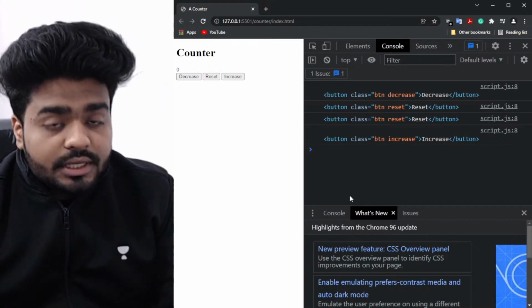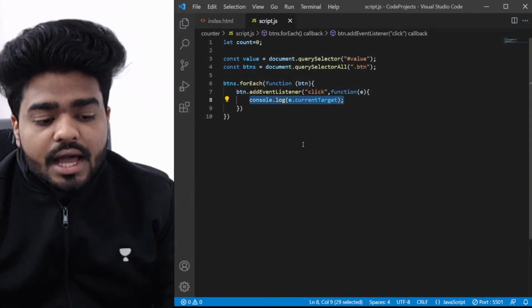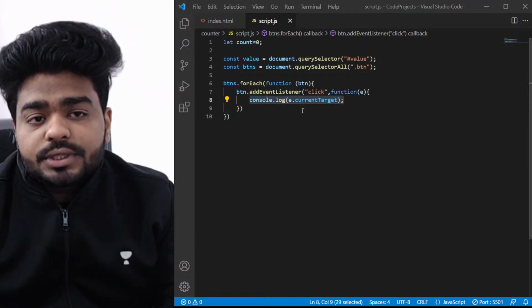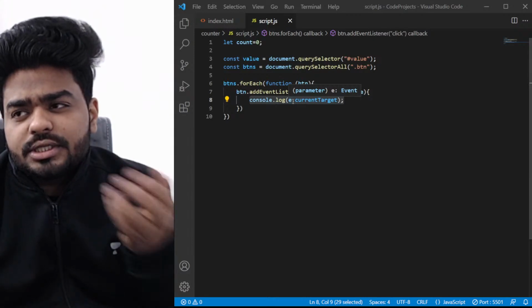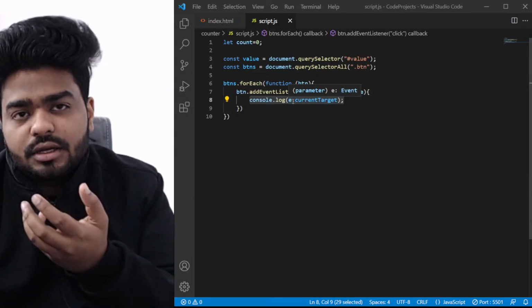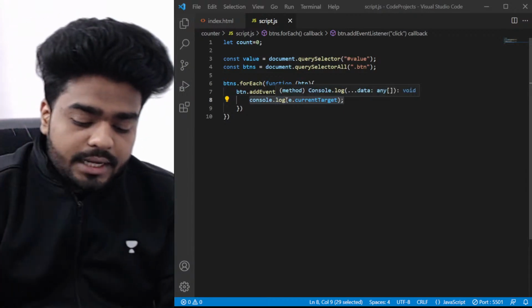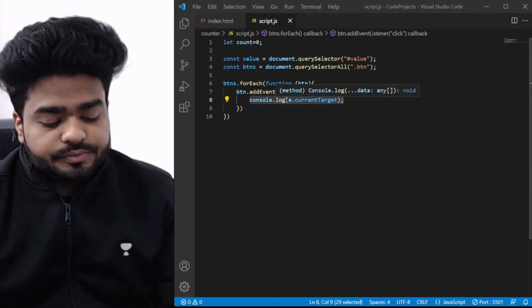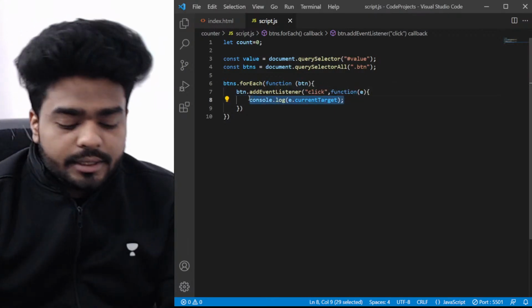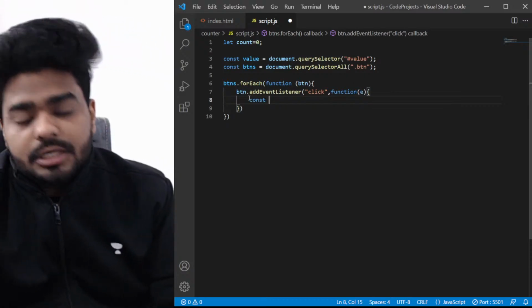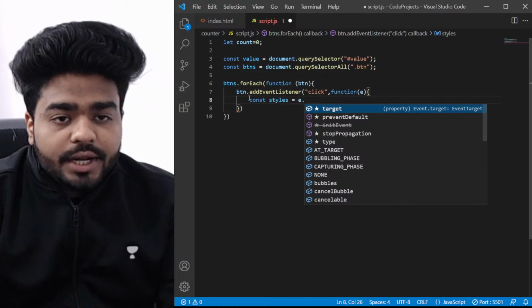Okay. So now that you have understood all these things, I don't want to print this, but what I want to do here is give it to another variable so that this can be stored, because I don't want to watch it in the console. I am just printing to the console to show you how it is working. Right now, I'm going to create another variable. I'm going to put here const styles,